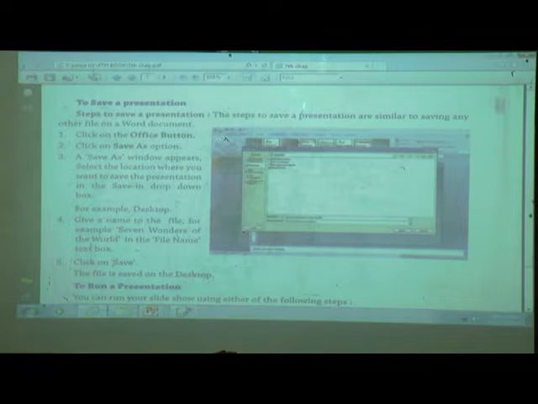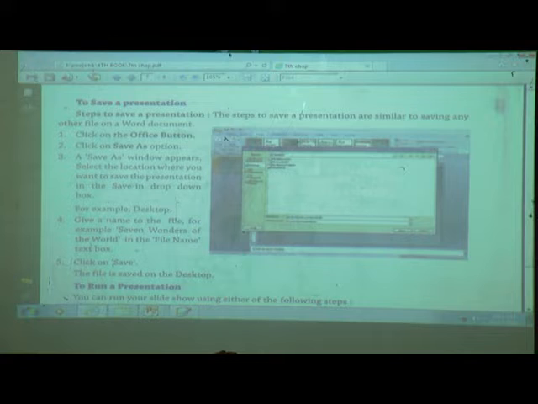To save a presentation. The steps to save a presentation are similar to saving any other file on the Word document. It is same only like a Word document. Click on the Office button.